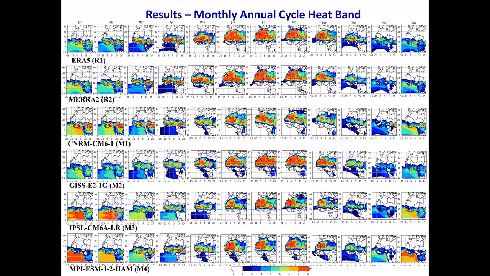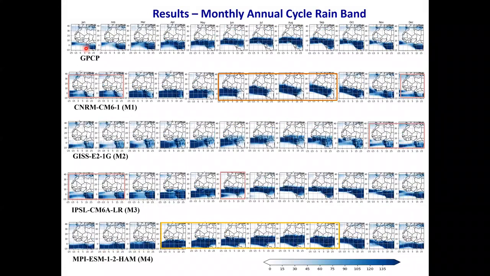So these are the results for the rain band. Again, the rain band moves from the southmost position to the northmost position in August, with broadening of the width and also the intensity, and back to the south in December. So you see that all the models are capturing the migration. But what we actually see is that, for instance, in model 1, clearly there is a misrepresentation of the rain band in the summer